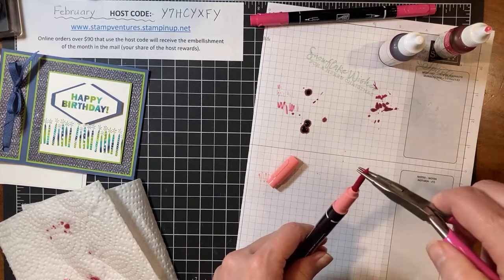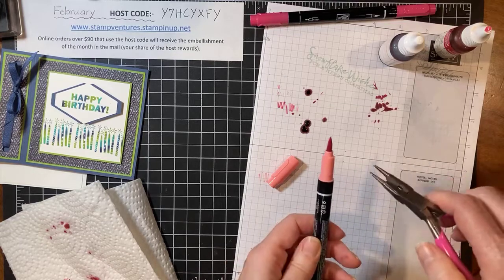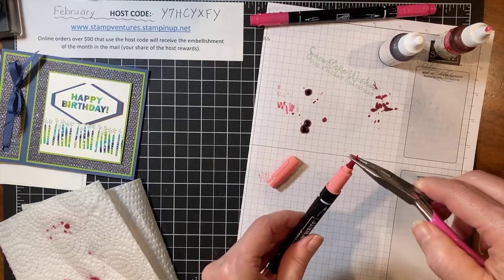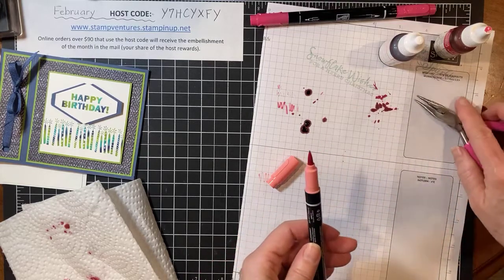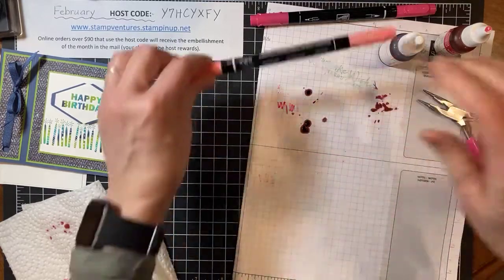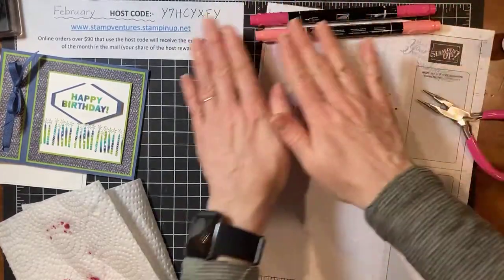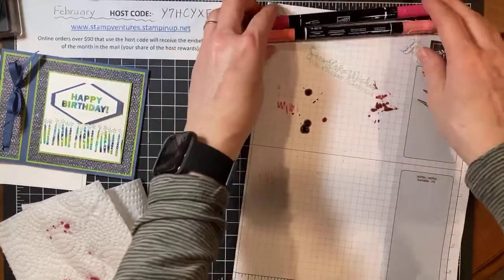And maybe we're not even going to get to stamping today. Oh, it just kind of seems to stop when it gets to the point where it, yeah, okay. So I'm going to let these sit for a few minutes here to let the ink distribute throughout